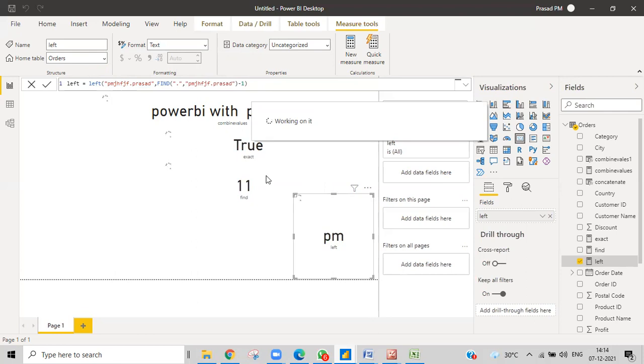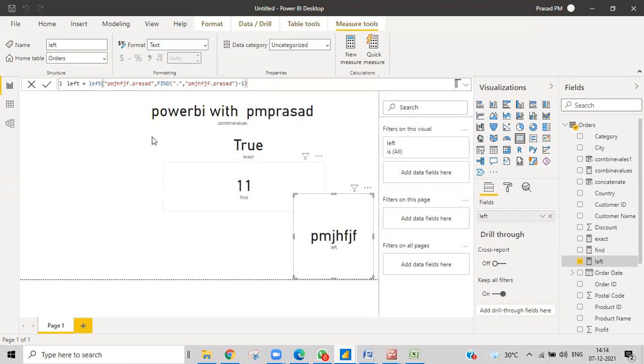I don't know where the position is, but still I'll find all the letters before the dot. This is making it dynamic. The dot is getting minus, so it will be removed and the other word will be reflecting. If we don't give -1, then obviously you'll get the PM, JH, F and the dot also, because with Find we get the position of the dot.